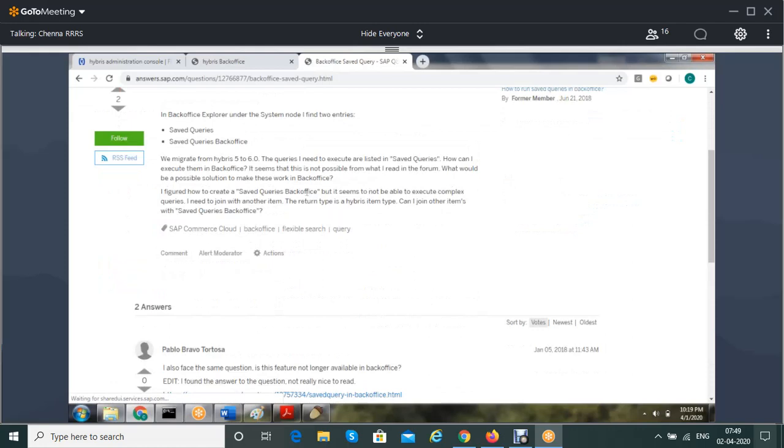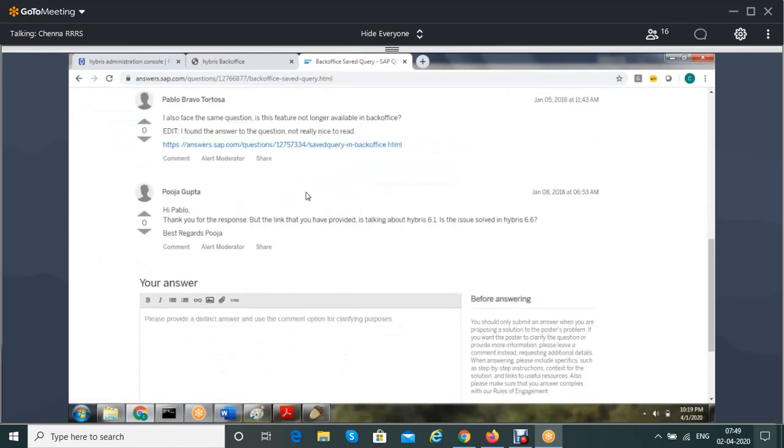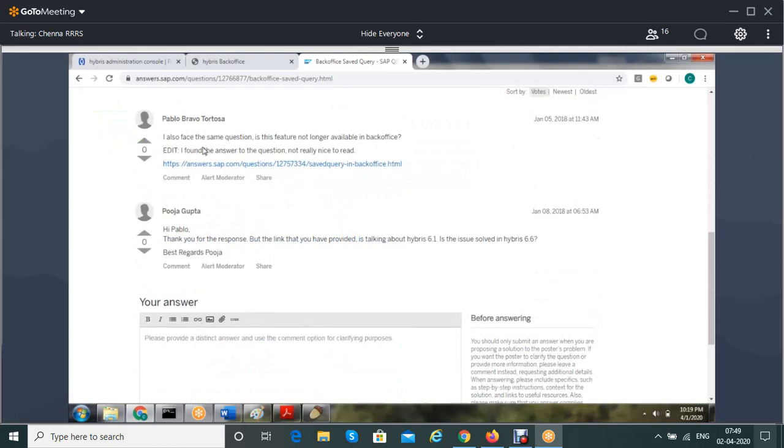Okay, you can see basically in the HMC, it was a direct one. In the back office, it's not a direct one. I also face the same problem in the future. This feature is no longer available in the back office. There is some workaround, but there is no direct way like what I explained.